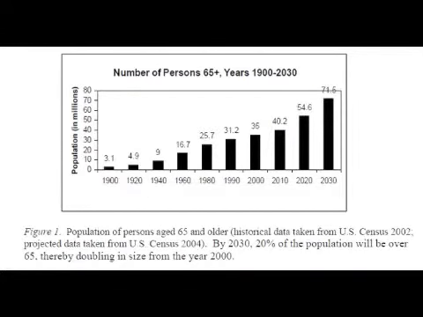This shows the number of people 65 years and up, ranging from 1900 to the projected year of 2030. On the left, we've got population in millions, and along the bottom, of course, we've got our years. That's pretty staggering. Back in 1900, there weren't that many people that were that old, simply because of disease, predation, lack of vaccinations, etc. As the years go by, we see a higher and higher percentage of people reaching their 60s and then 70s and 80s and 90s. I myself have had grandparents up until their 90s.